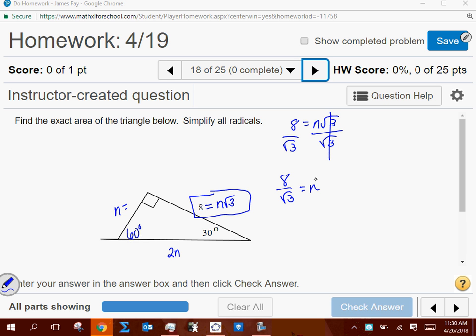Is that all right, everybody? So that's what this side right here is, 8 over radical 3. Again, if you need to rationalize that now, go ahead and do it. You can wait till the end if you want to as well. I always wait to the end, and I don't think we see the reason in this problem, but